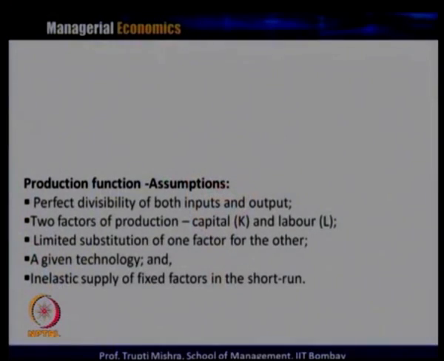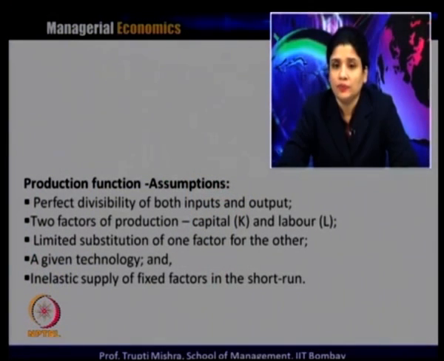If they were perfect substitutes, then the output could be produced either with the help of capital or with the help of labor. But in this case, we assume that a certain amount of both inputs is necessary in the production process. The production cannot be run only on labor or only on capital. Then technology is given; it cannot change, at least in the short run, though in the long run it can be changed. Also, we assume an inelastic supply of the fixed factor in the short run, which is why in the short run a few factors are considered fixed.